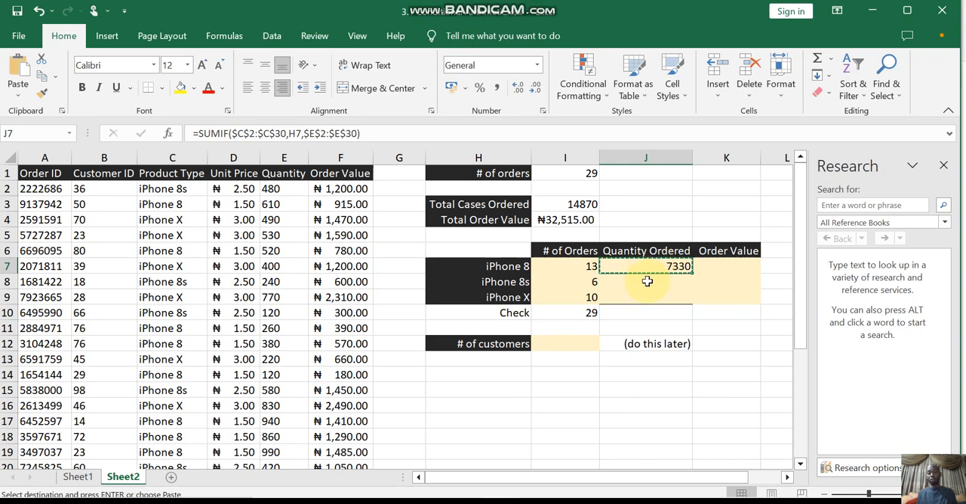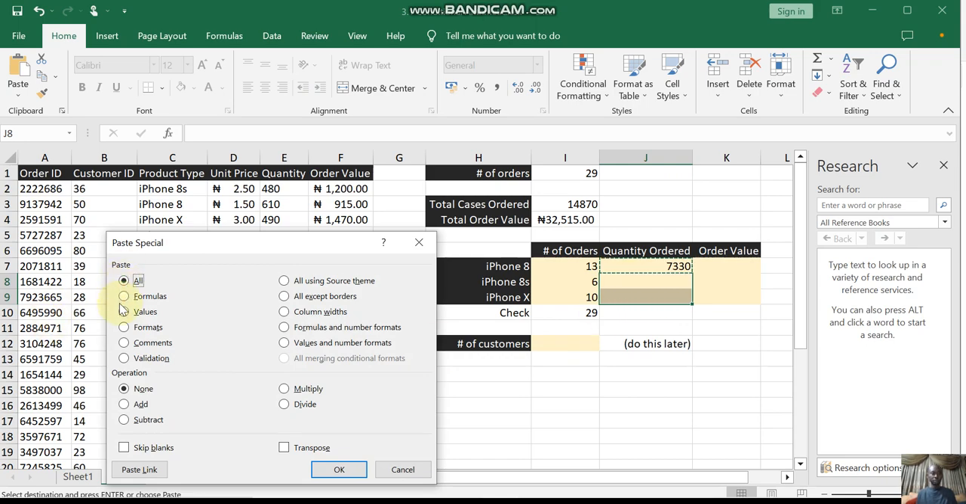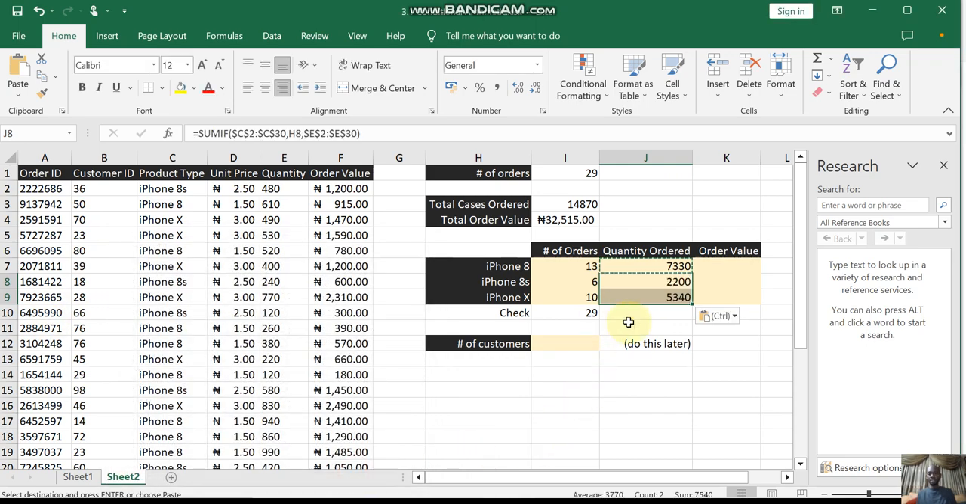So for us to calculate for iPhone 8s, what we just need to do is copy this particular formula, then highlight that of iPhone 8s and iPhone X, then we paste special. And you click enter, it will calculate the quantity of iPhone 8s and iPhone X that were ordered in this data set. You can see that the total quantity of iPhone 8 that were ordered in this data set is 7,330. That of iPhone 8s is 2,200. That of iPhone X is